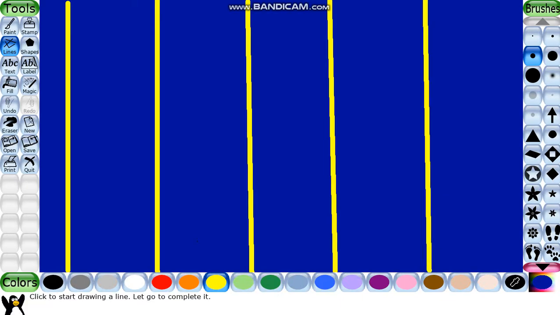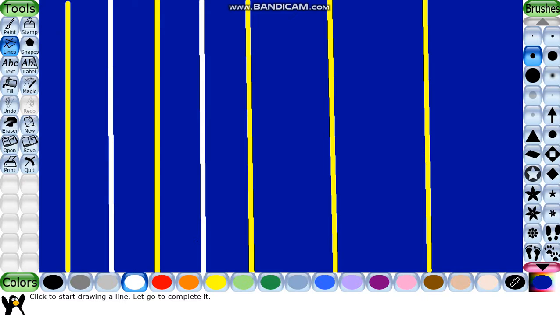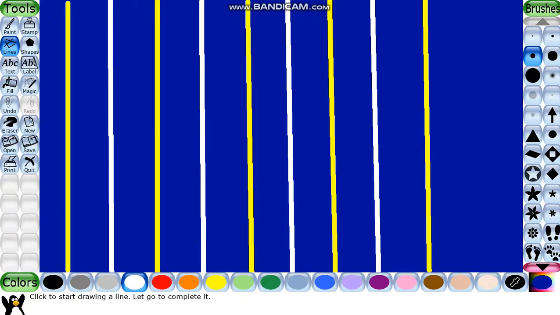Now I will draw some white lines. It will look beautiful. Right now I'm just drawing straight lines, and just see what happens when I use the waves effect. One more thing: if you click at the bottom of the canvas, it shows lighter waves, and if you click at the top, it shows dense waves.